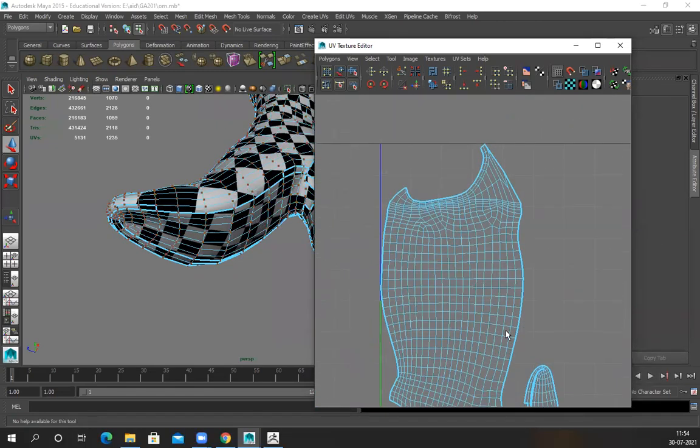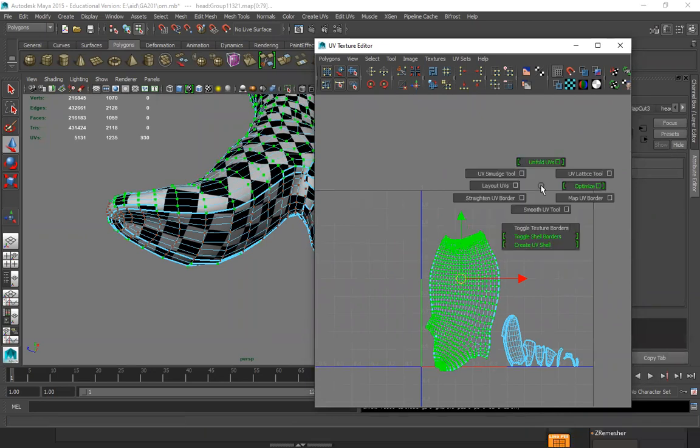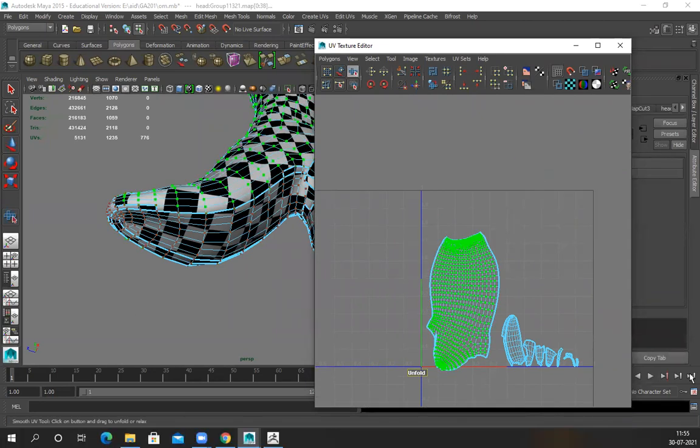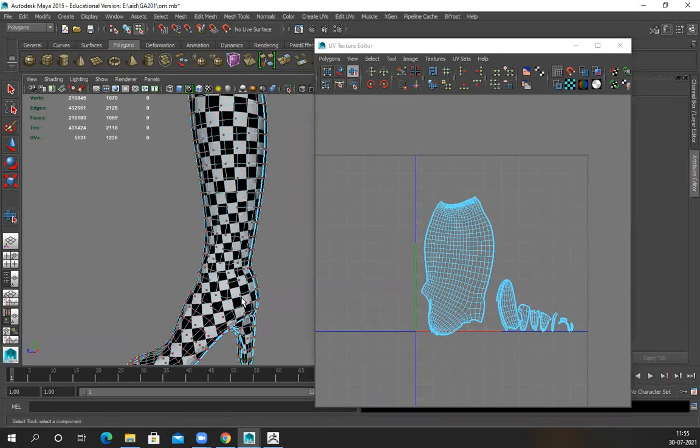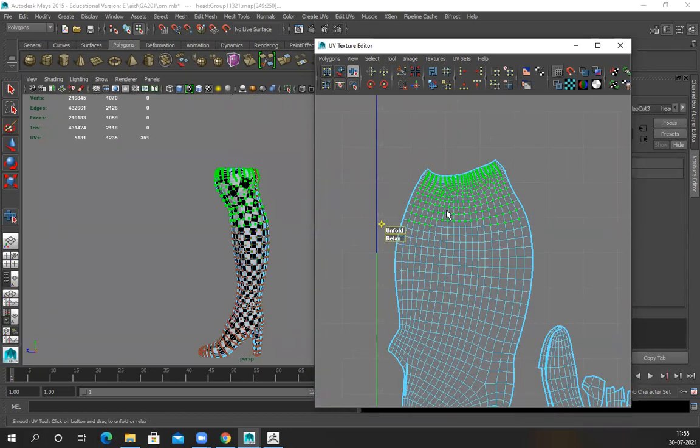Layout, and fold. Smooth, easy. Unfold. Oh, pin border is on. Yes, I forgot.